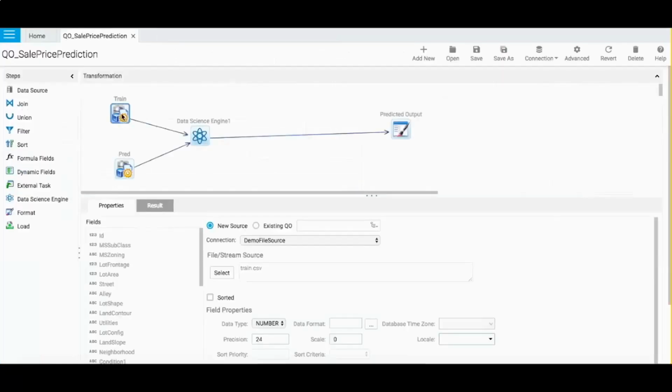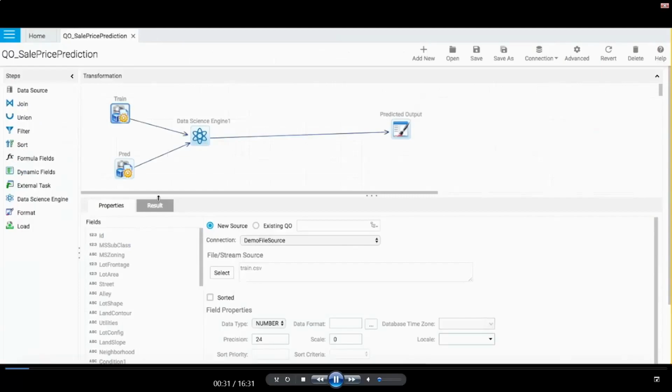If you look at the structure of this query object, on the left side it has all the input steps. The data could be coming from one or more places, and then it's arranged in a workflow, and then it could be multiple processing steps. I've taken only one type of step right now, which is relevant for our demo today. It's the data science engine step. And then on the right side, you'll see the output. That output could be used for visualization or loading the data to any target data source, database.